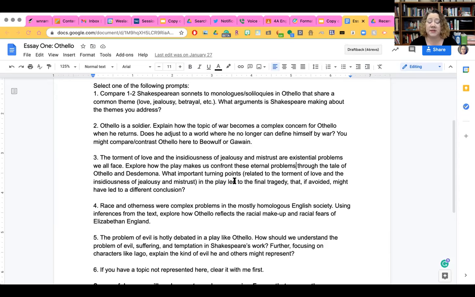Number 4 is about race and otherness. Otherness is a term. It's a real term. I know it sounds like a made up thing, but otherness is a term that we use sort of like in psychological circles, in literature too, to explain the oddball, right? This oddball is not a positive term, but the one who's different from everyone else in some way. Either your thoughts are different.